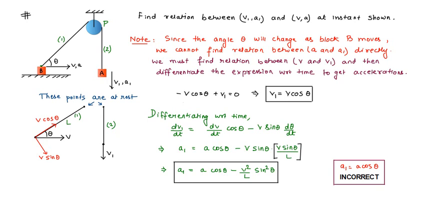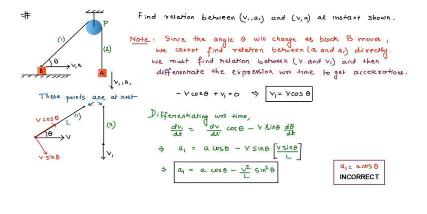So this is a very important point, that if the velocity of a point is not along the string, you must always take the component of the velocity along the string. Now again use that same concept. For segment 1, you can see that v cos theta is trying to decrease the length of this segment 1. So we will take v cos theta as negative. And for segment 2, since velocity v1 is trying to increase the length of segment 2, I will take v1 as positive. So I get the value of v1 to be equal to v cos theta.